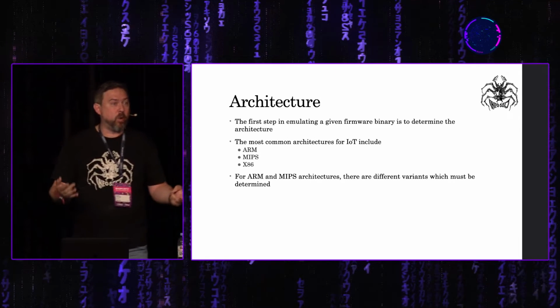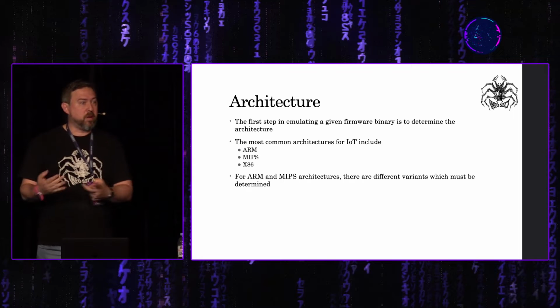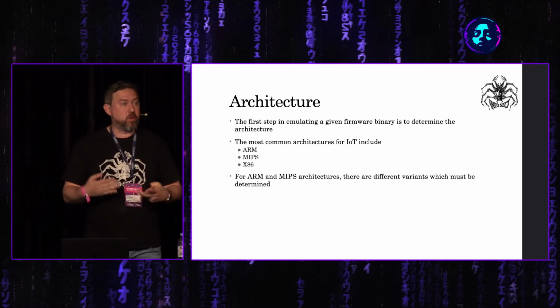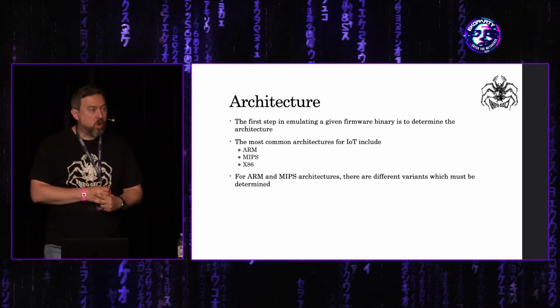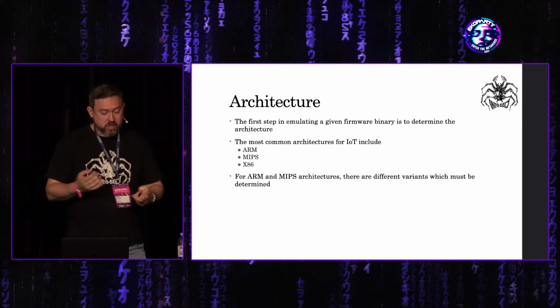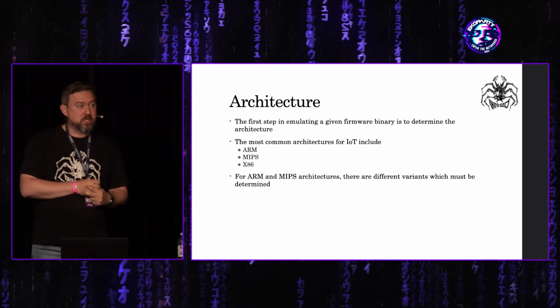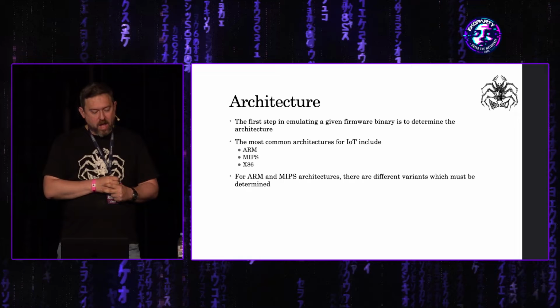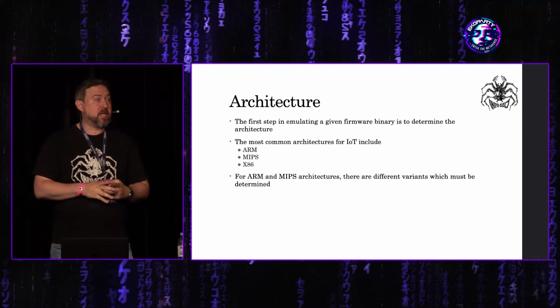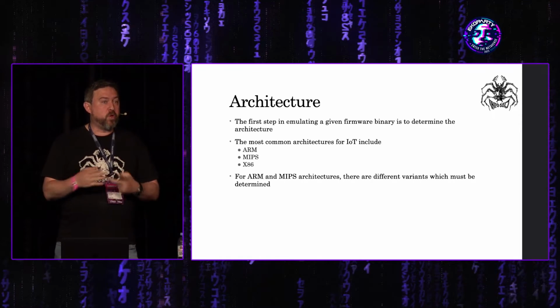Generally, you just want to find out what architecture it's running so that you can emulate it appropriately and write your exploit appropriately. ARM is very common. MIPS is also very common, even though it's a little bit older. x86 is out there on some devices as well. And for ARM and MIPS, there are different variants of these architectures that you have to know before you emulate it